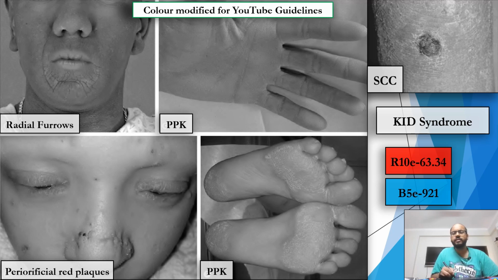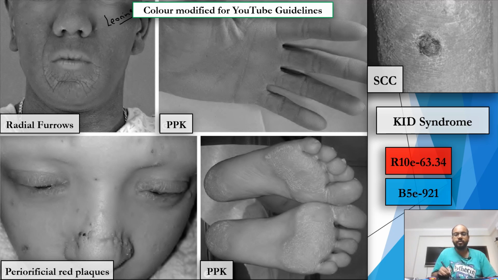So these pictures are taken from Rooks and Bolognia. Can you see these radial furrows? Let me just change the color. You can see these radial fissures, thickening, perioral thickening, which gives the appearance of a leonine facies. I'll just erase the marking so that you can observe, or else you can go to Rooks 63.34 and